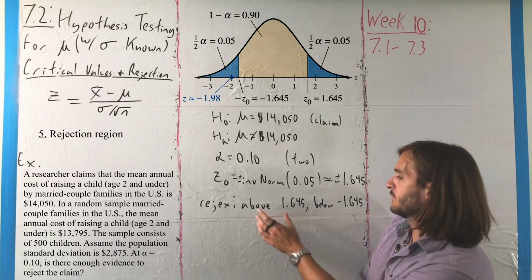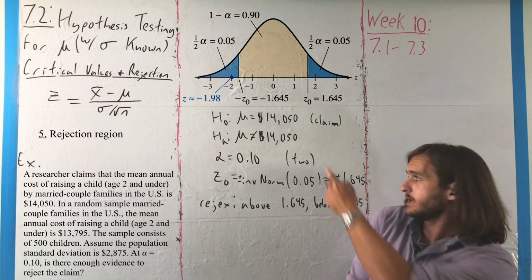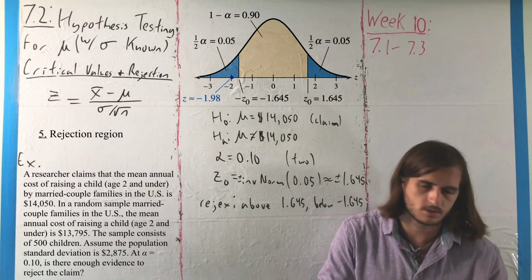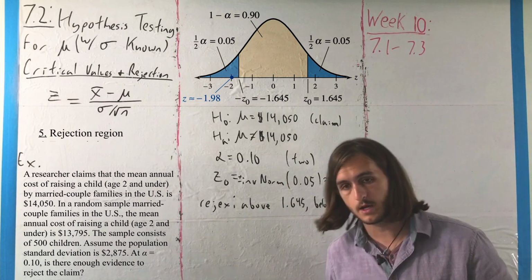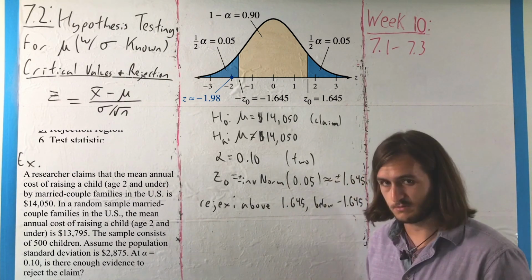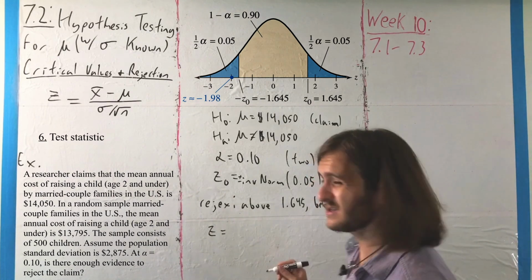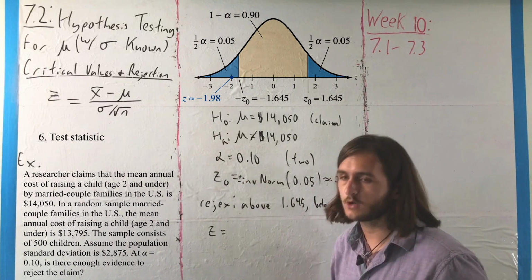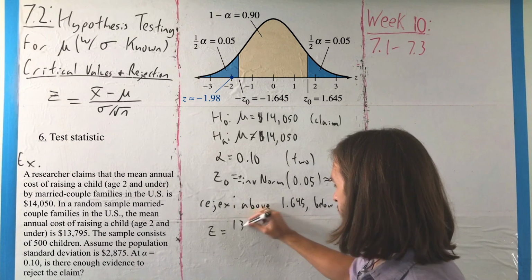But whether we're looking for things above and below, above or below, it depends entirely on what kind of test we're running, and then the location also varies a little bit based on circumstances. But these are our critical values and rejection regions. From there, we want to get the thing that we're going to actually compare it to, the z-score, the test statistic, which is still x bar minus mu over the standard error term, sigma over root n, which in this case has the flavor